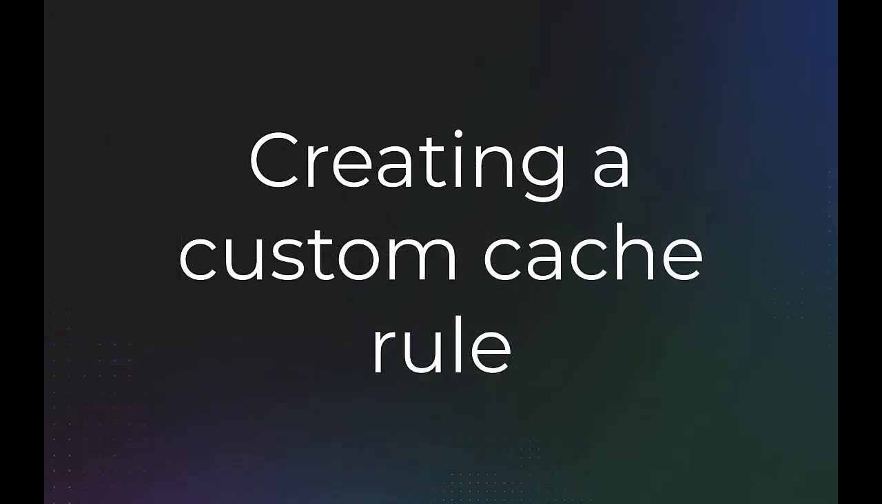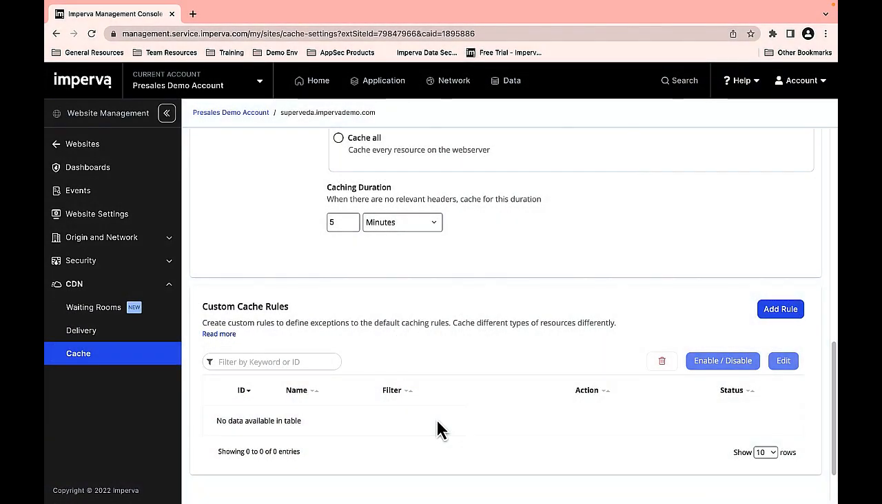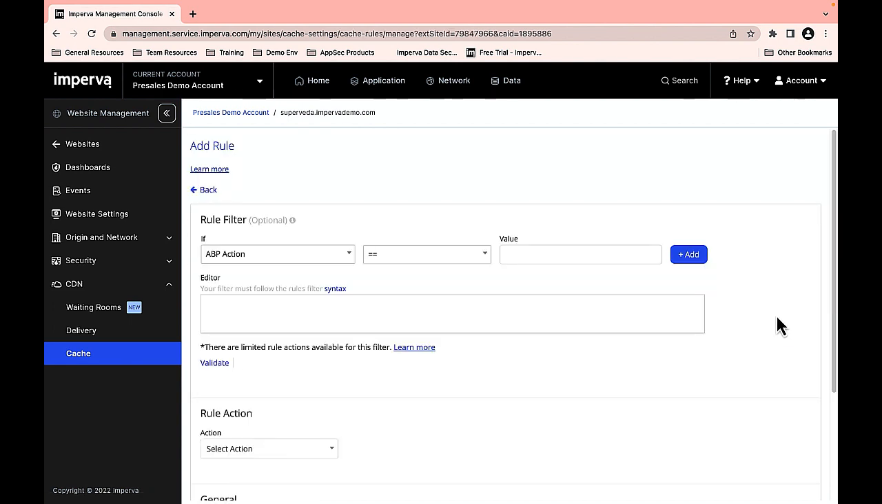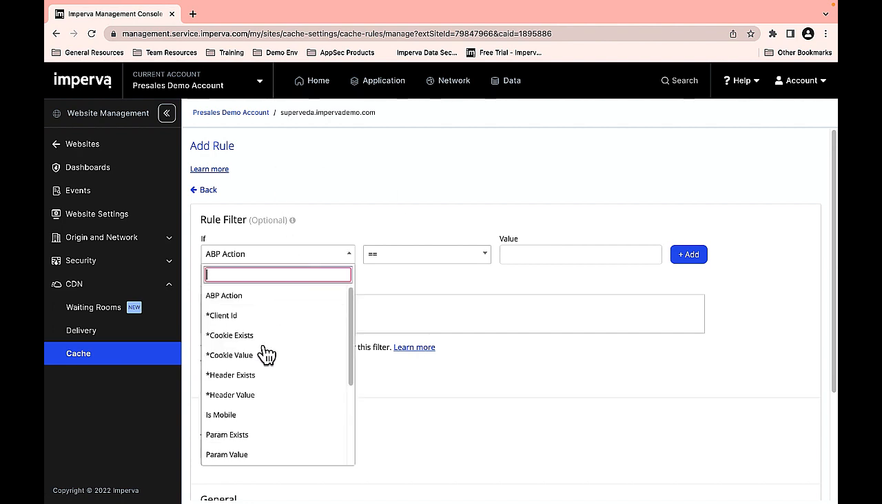We also give customers the option to create custom cache rules. To create a custom rule, click the Add Rule button. Our custom rule widget has endless possibilities for your business needs. For example, let's say I have a URL that's /images and I want this URL to be cached. I can select URL from the drop-down filter